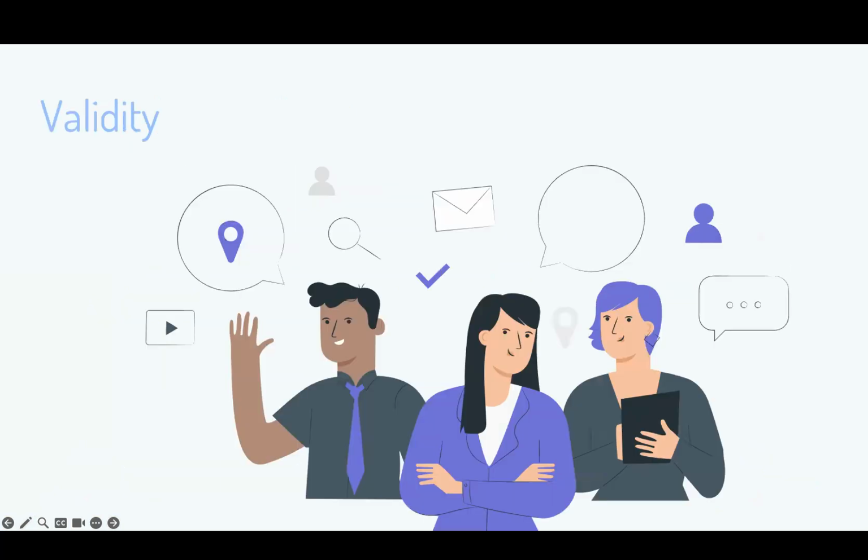Okay, the next keyword is validity. Validity is concerned with accuracy, okay? So remember, validity is about accuracy. It tells us, does our instrument measure what it's supposed to? For example, if we are measuring happiness, does our happiness scale truly reflect the construct of happiness, or is it measuring something else?